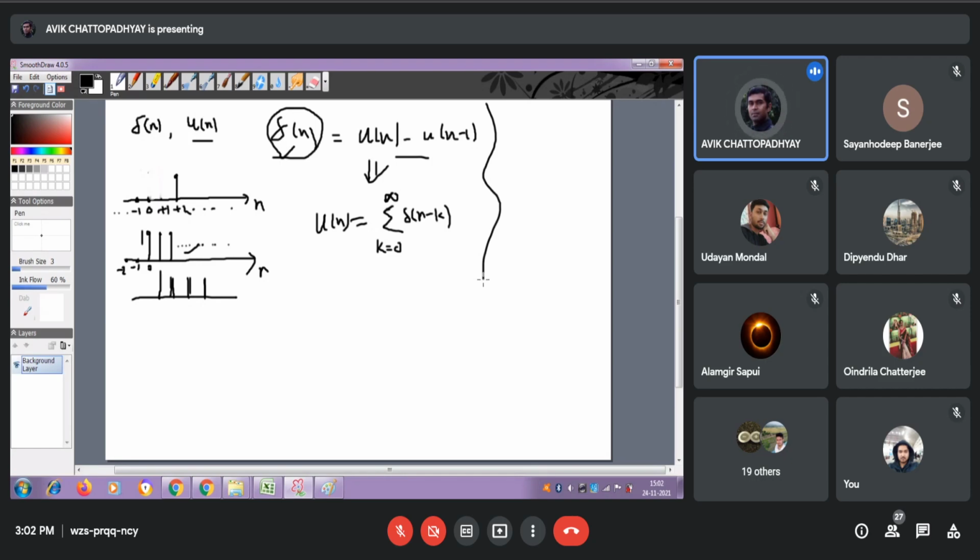So the relationship between delta[n] and u[n] for the discrete time case, or the digital signal case, is clear. I think the relationship between delta(t) and u(t) for the continuous time case, or continuous time domain signals, is also clear to you already. So I think you can deal with this kind of signal very well. Now,